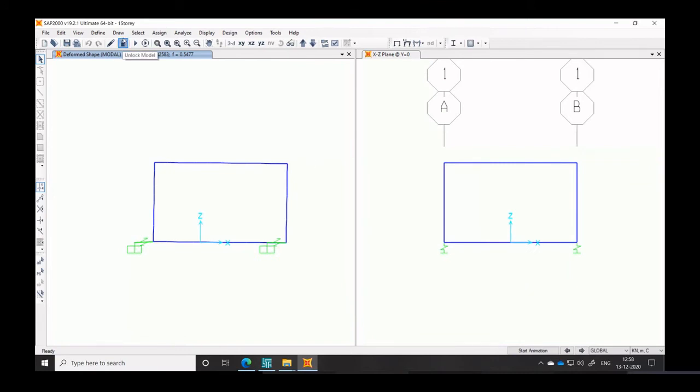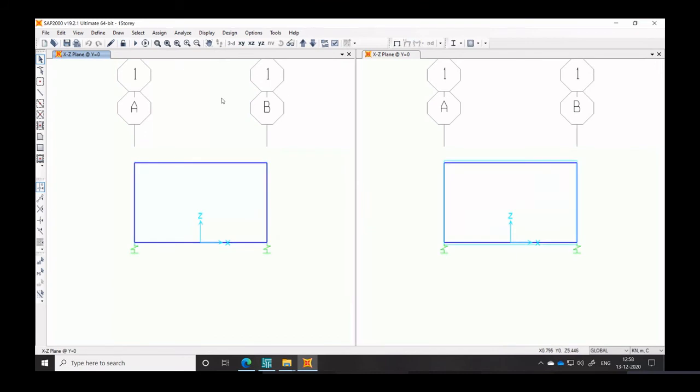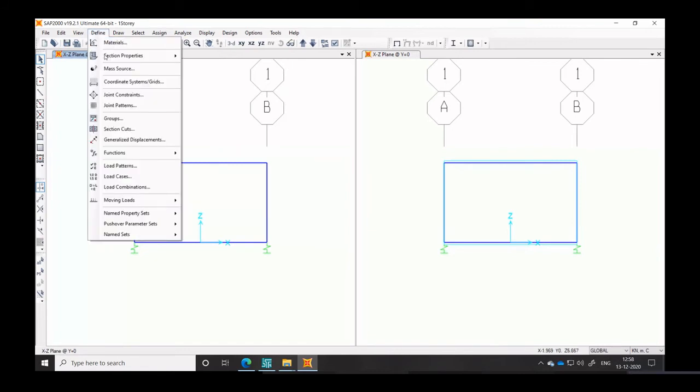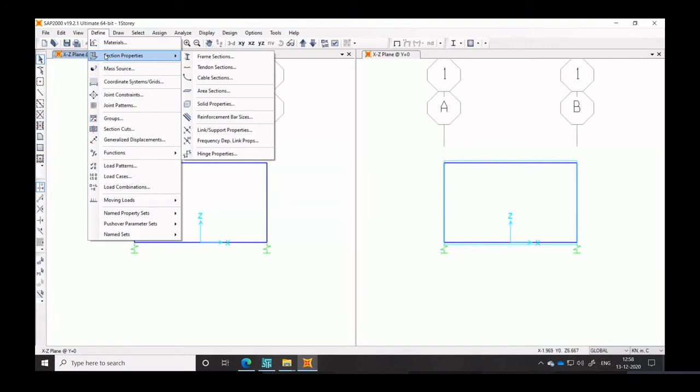Now let us do one thing. Let us go ahead and change the stiffness of the isolator so that it becomes comparable to the superstructure, and then see what happens to the overall participation factors, because we have said that these frequencies should be spaced apart. Right now it is 1.82 and 0.47. Let us see what happens as we change the stiffness of the isolator to be comparable to the superstructure stiffness.